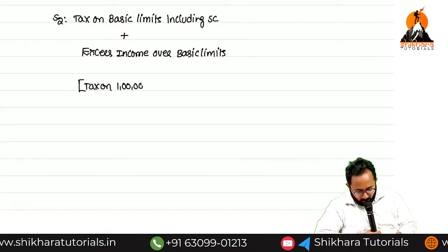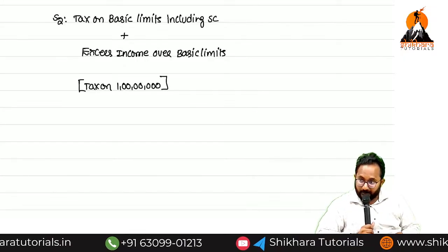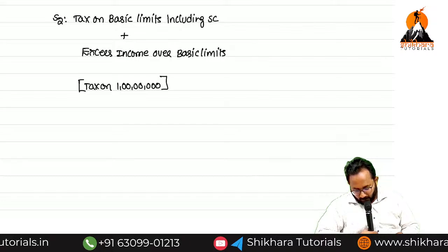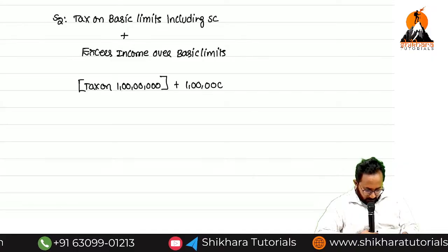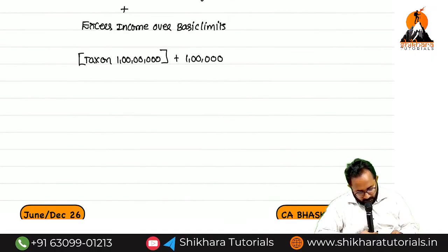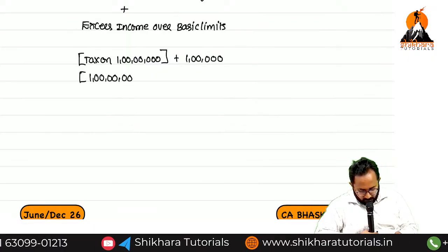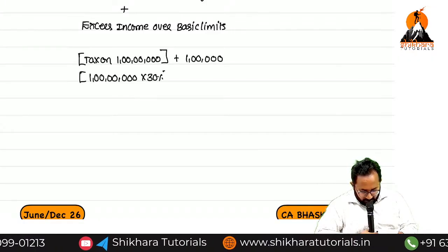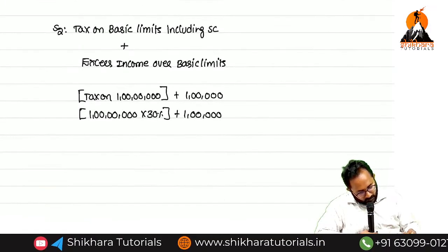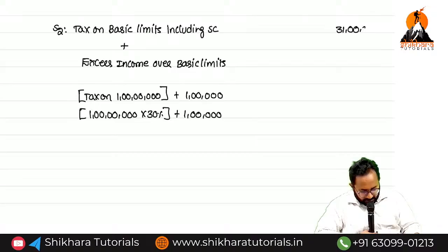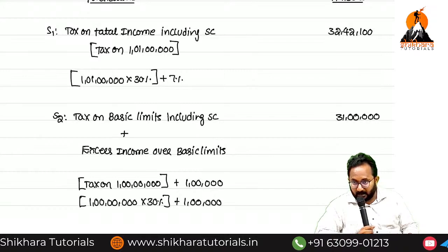No need to add surcharge here because surcharge applies only when income exceeds 1 crore, and here it is 1 crore only. Plus excess income of 1 lakh, at 30%. Directly adding this 1 lakh, the amount is 31 lakh. You have the capability to pay only 31 lakh,